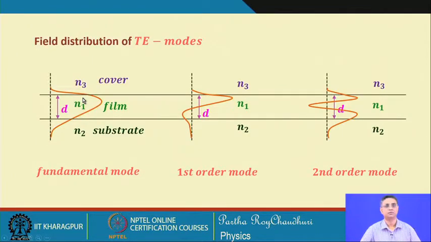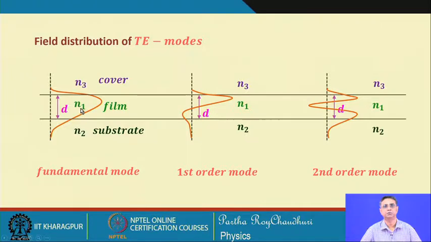So this is the form of the equation, and if you plot this for m equal to 0, that is the fundamental mode, the first order mode, the second order mode, they are all consistent, but you can see the asymmetric nature of the field profile, because you have a very sharp contrast in the refractive index for N3 and N1. So the field decays very rapidly, whereas the substrate N1 and N2 are slightly different. So the field penetrates more into the substrate in this case.